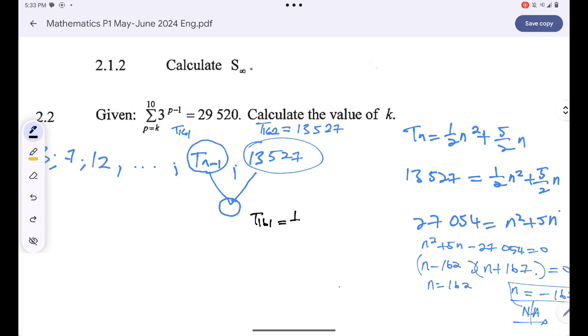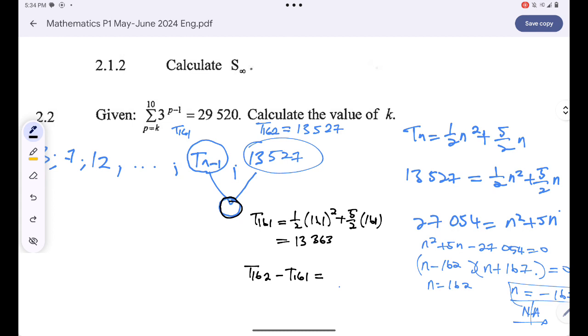T161 is basically 1 over 2 n squared plus 5 over 2 times n. So this will give me 1 over 2 times 161 squared plus 5 over 2 times 161, and then this is basically 13,363. Are you together? So for me to find the value over there, I can simply say that's T162 minus